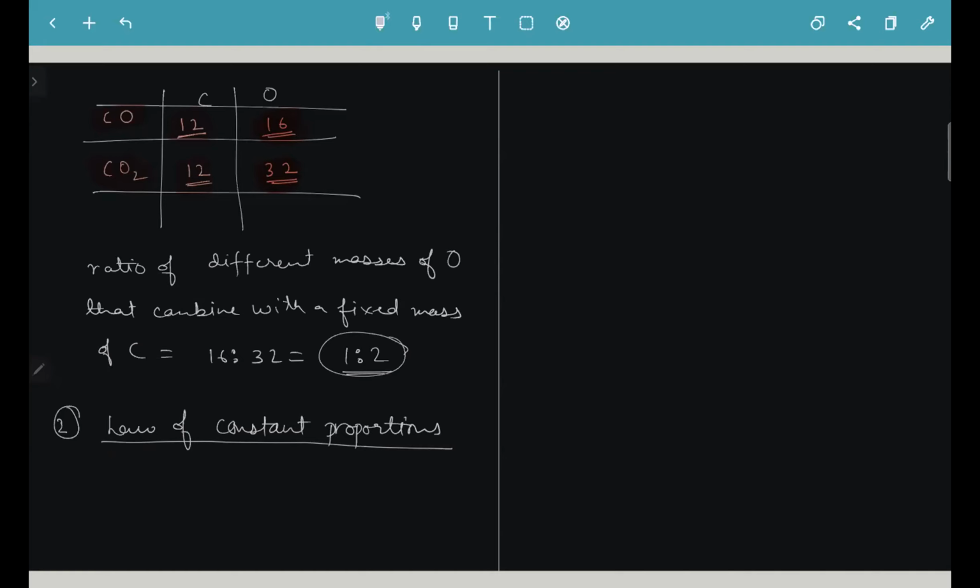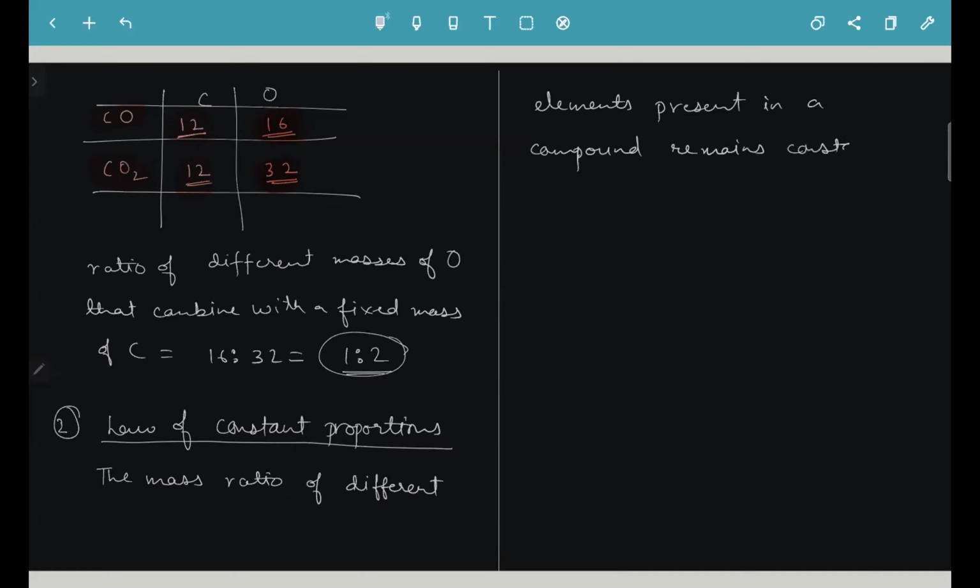It states that the mass ratio of different elements present in a compound remains constant,